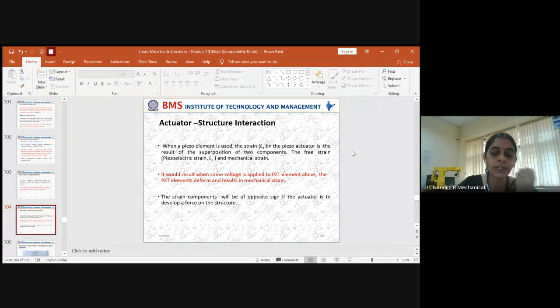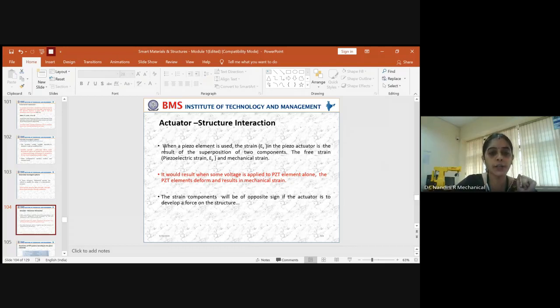The sensor can just sense the data and transfer that instruction to the controller, and the controller will provide the instructions and help the actuator to work accordingly. So you should understand what is the interaction which comes across between the structure and an actuator. Yes, that is what we will be studying: how the effect of the strain comes into picture. That is the main focus here. So you should understand this. Let us start with the interaction policy of the actuator with the structure.